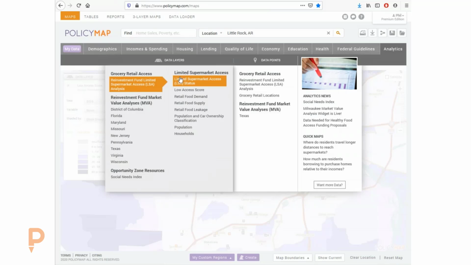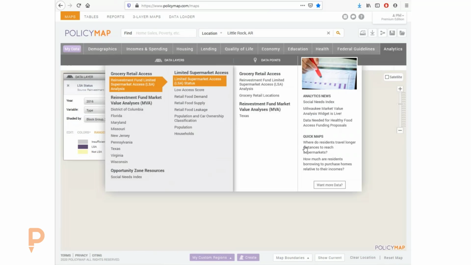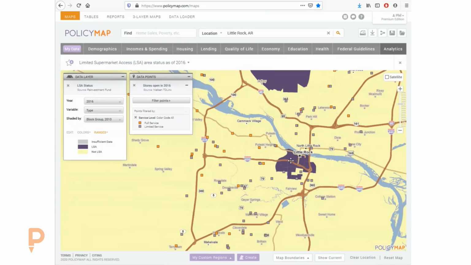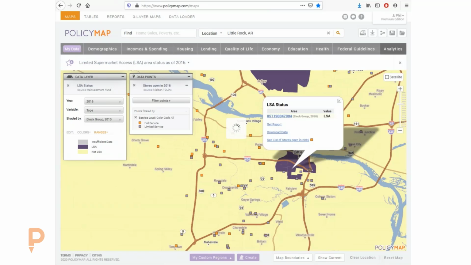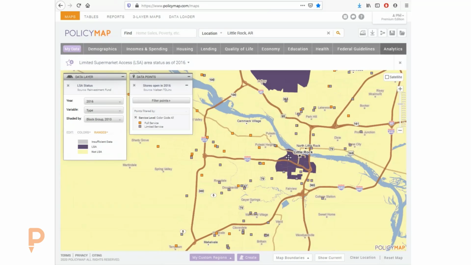And they also have lower access to supermarkets. That's exactly right. And so from that baseline score is how we group together these areas. In the end, this is what we determine: these places are considered an LSA. They have limited supermarket access based on the methodologies of distance to a grocery store, car ownership, density of population, and then, yep, that's it. So that's how we get to the LSA itself.